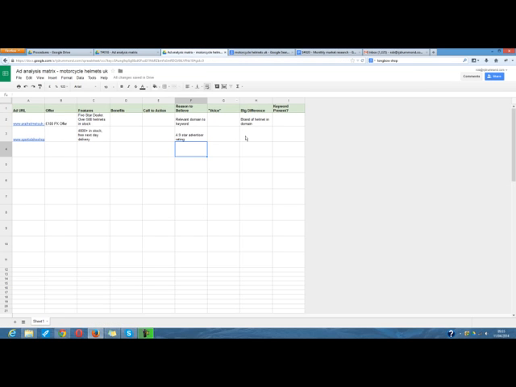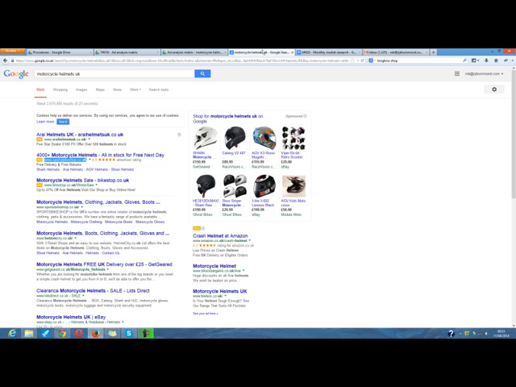So the big difference here is that using site links. There's no call to action. I don't really see any benefits. There isn't an exact match of the keyword. Okay, so